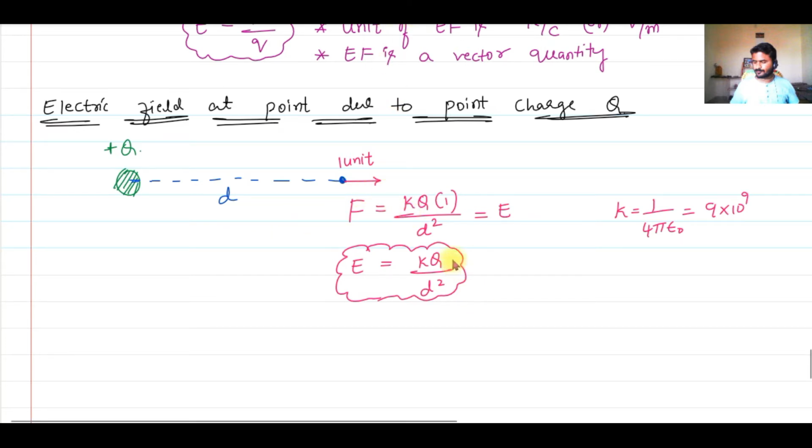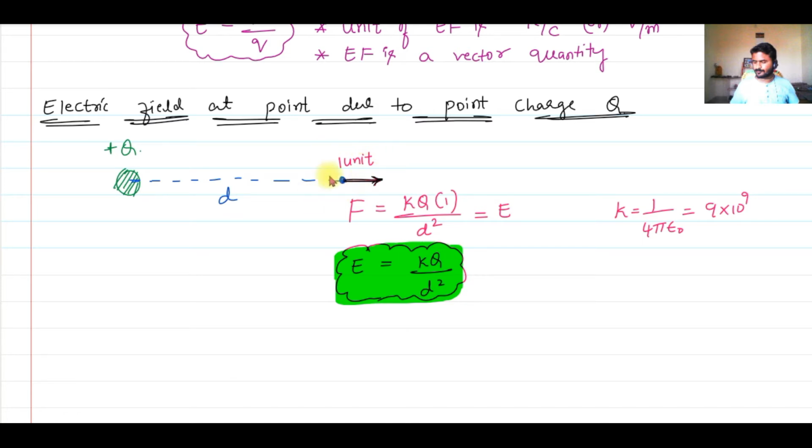All right. So the electric field at a point due to a point charge is given by kq by d square. Very important formula for us. And now look at the direction. At this point, the 1 unit positive charge experiences force to the right. So that means the electric field is radially outwards due to a positive charge, right? You are also able to get the direction. Whatever is the direction in which this 1 unit positive charge experiences force, that is the direction of the electric field as well at that point.